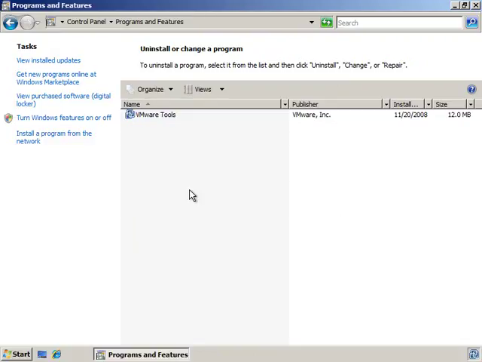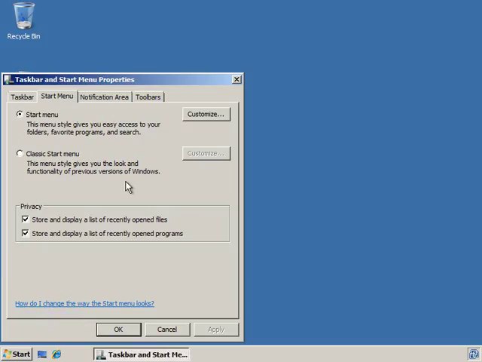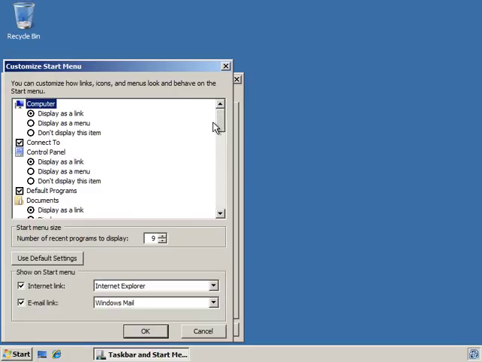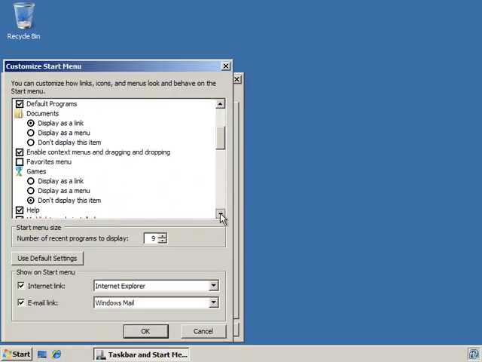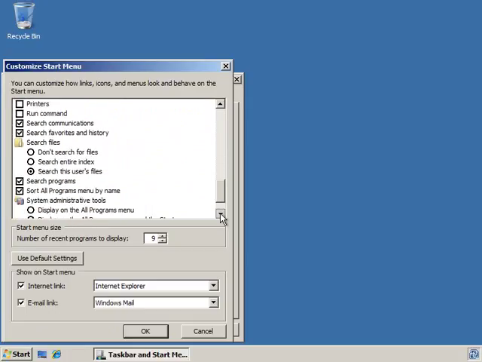The only other thing that we're going to want to do, and let me go ahead and close out of Programs and Features, is we want to have it added to the Start menu. So what I'm going to do is right-click on Start and go to Properties. And now, under the customization of the Start menu, I'm going to go ahead and click on that link. If I scroll down, I need to go ahead and